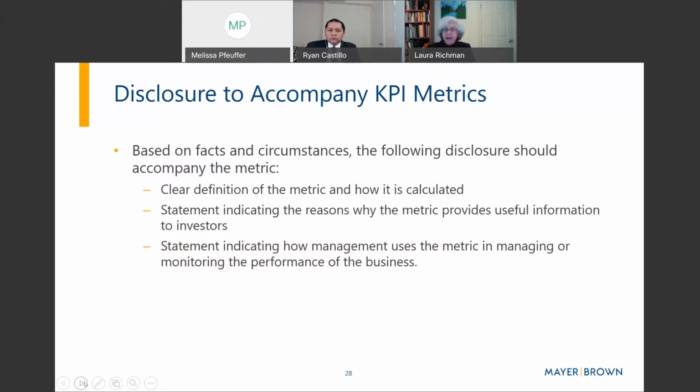According to the KPI guidance, a company needs to consider whether there are underlying estimates or assumptions for the calculation that need to be disclosed in order for the metric not to be materially misleading. Often a company uses key performance indicators in investor presentations, including an earnings release, and you need to provide the same level of review in relation to those types of presentation as you would in the MD&A.